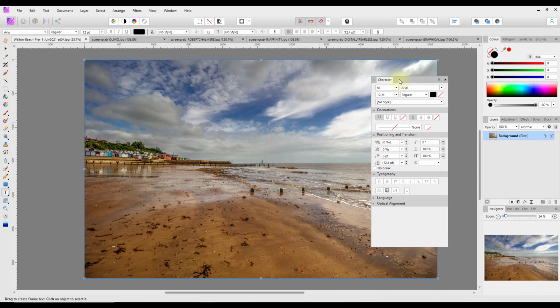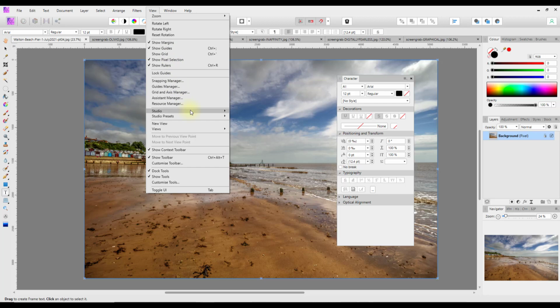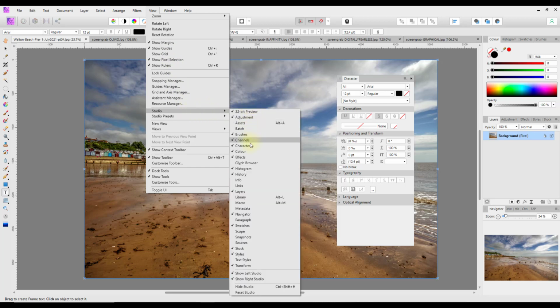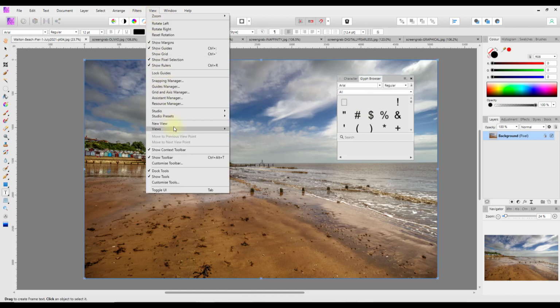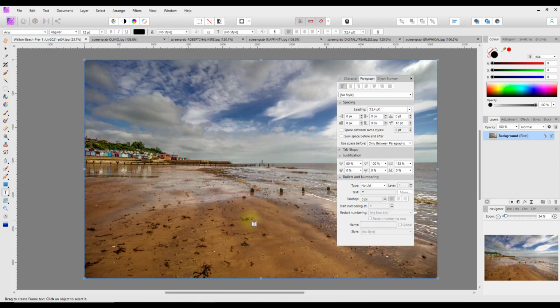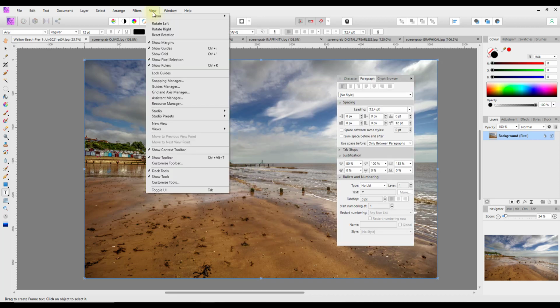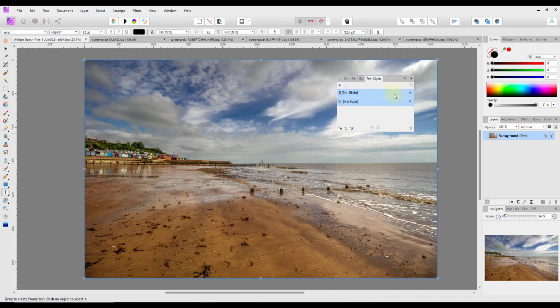quite a lot in Affinity Photo, you could open up all of the text tabs. Let's go with, what else we got, the glyph browser, and View, Studio. We got the glyph browser, paragraph, that's another one, View, and I think there's one more, text styles. There we go. And you can